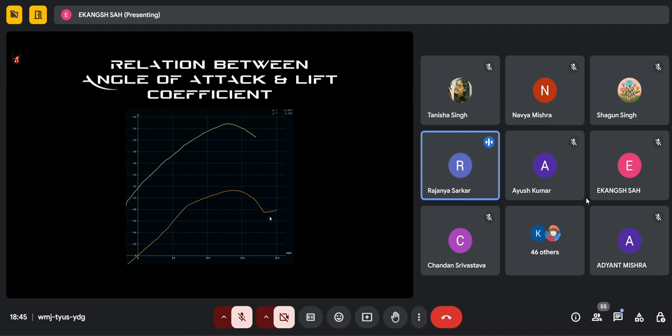we have two plots from the XFLR5 software. This one we have discussed: one curve is for the asymmetric airfoil, the upper one, because at alpha equal to 0 we have a positive CL, and for the lower one at alpha equal to 0 we have CL equal to 0, right? That happens for a symmetric airfoil. Next, moving onwards,